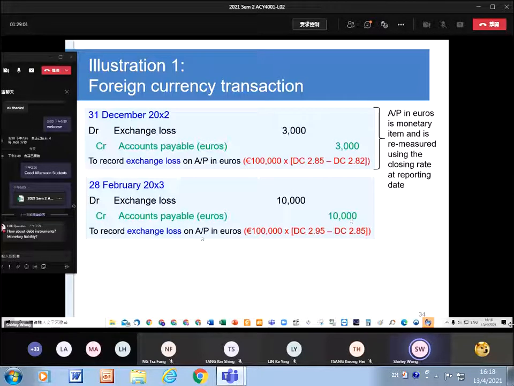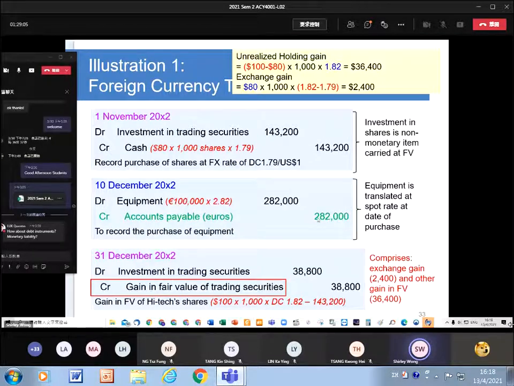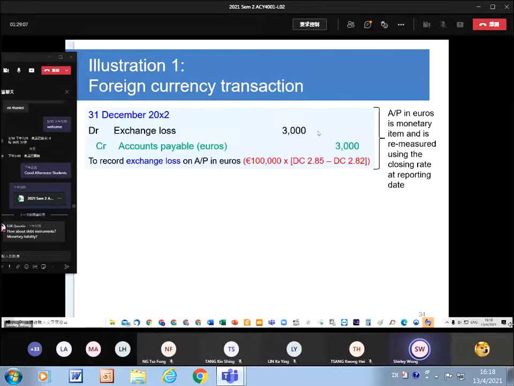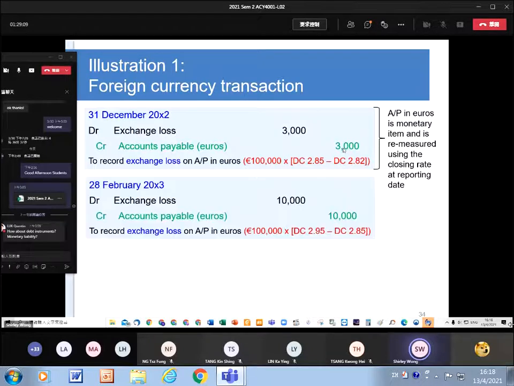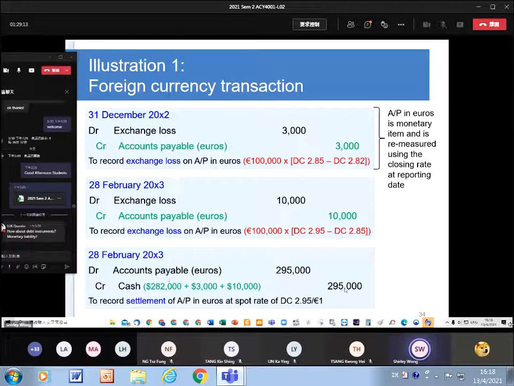And then on 28th, you settle the amount. Totally, how much you need to pay? First of all, you need to pay 282,000. Secondly, you need to pay a further 3,000. And then the other day, you need to pay a further 10,000. Therefore, finally, you need to pay 295,000 in total to settle this accounts payable, because of the exchange rate of